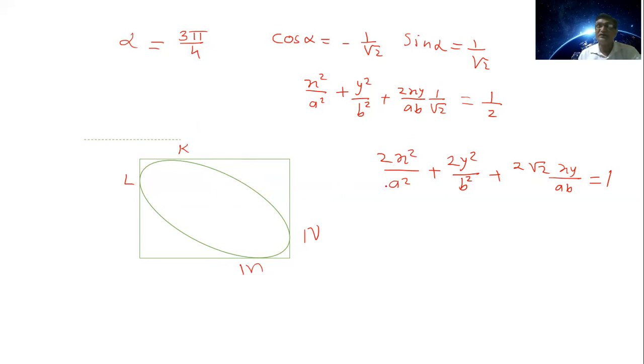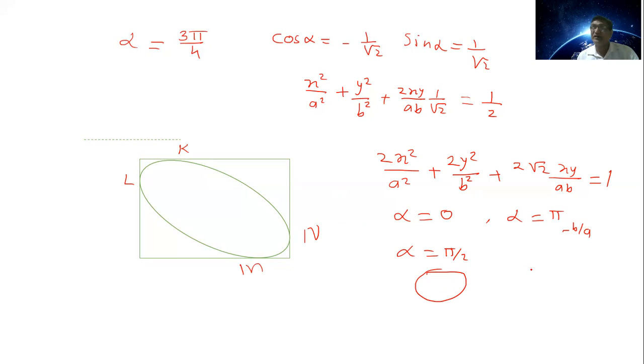That we have completed here all the cases. That is, in the first case when alpha is equal to 0, we get the straight line. Its slope is b upon a. When alpha is equal to pi, again we get the straight line, but its slope is minus b upon a. When alpha is equal to pi by 2, we get the ellipse like this that we have shown neatly earlier.